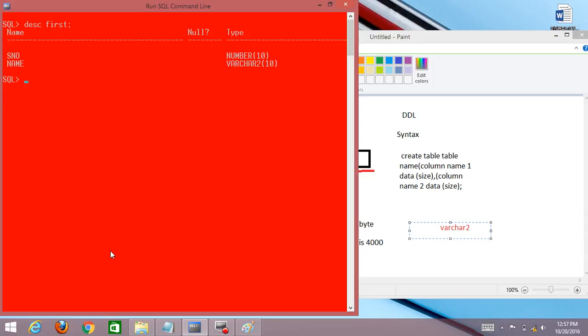If you enter another name of a table that you did not create, the program gives an error: object name does not exist. So I created a table, so I view it, and next is how to insert data in the table.